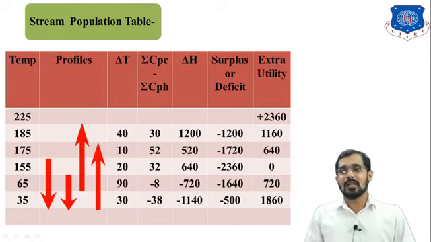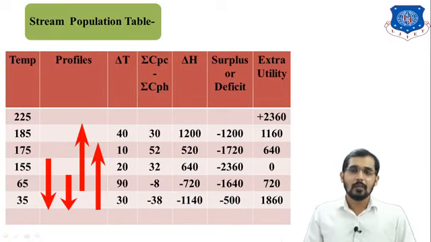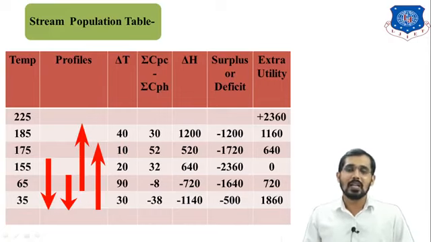Now the next column, that is the delta T. Now we are going to find delta T, that is the temperature difference. So how to find it here? You can see the temperature difference between the first stream and second stream, 225 minus 185, this is 40. So just write down here, the first is empty because before 225 there is no process stream, so we have to keep it empty. After that, in the second row you have to put 40, because 225 minus 185 is nothing but 40.